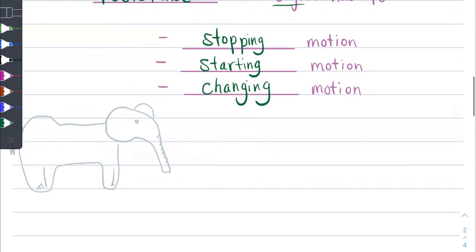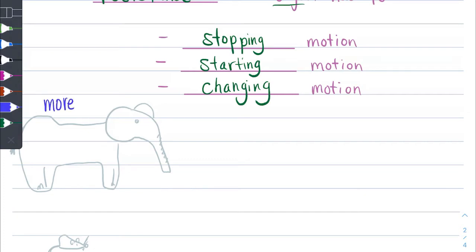And if we think about an elephant versus, let's say, a mouse here, give it a nose with some whiskers, and some ears, an eye, and a tail. Ooh, that's a bad tail. Let me try that again. Okay, so if we look at these two objects, there is much more mass in an elephant. That is for sure. So therefore, if you have more mass, then you end up with more inertia. So let's write more mass,